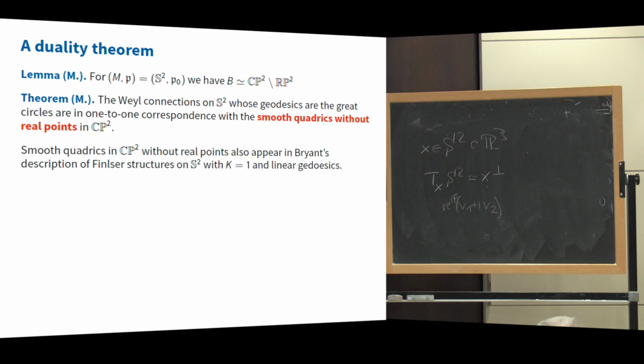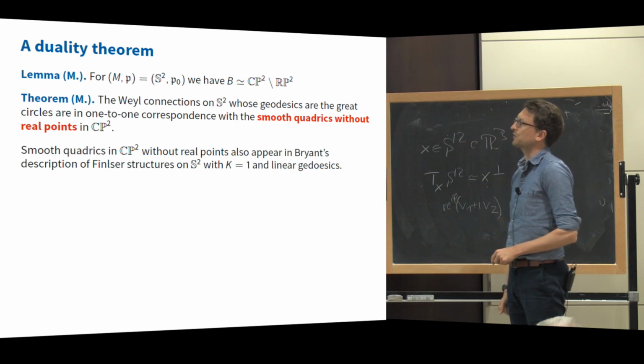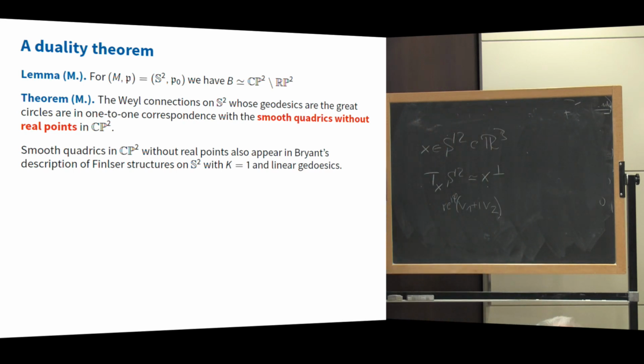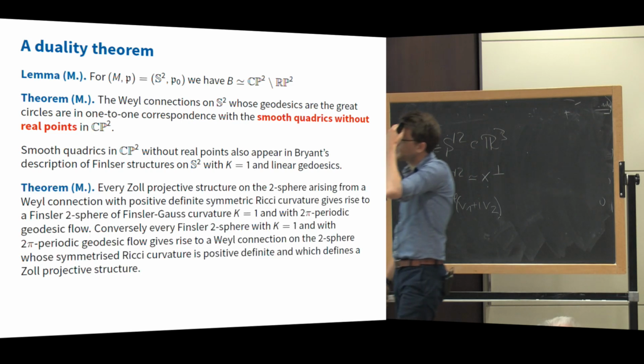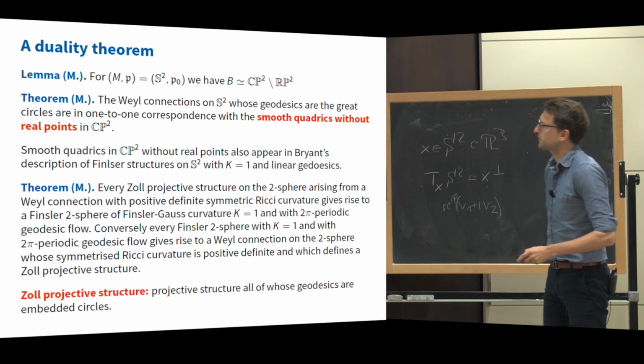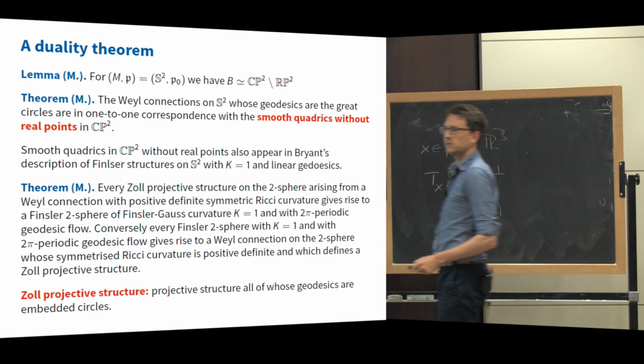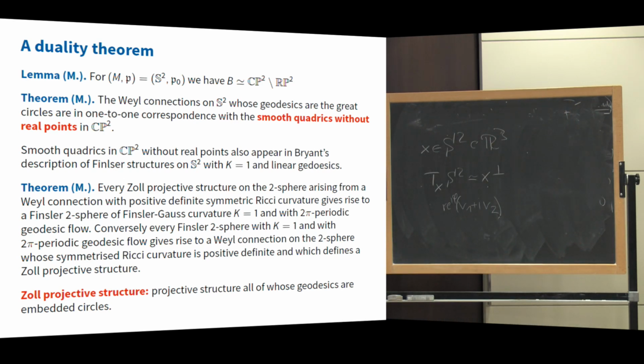So these smooth quadrics in CP2 also show up in Robert's work on Finsler structures on the two-sphere with constant Finsler-Gauss curvature and linear geodesics. That's an obvious question. Why is that the case, right? And so this is the result I mentioned, which has some overlap with what Robert said this morning. So if you have a Zoll projective structure, that just simply means a projective structure all of whose geodesics are embedded circles. So if you have a Zoll projective structure on the two-sphere that comes from a Weil connection, and